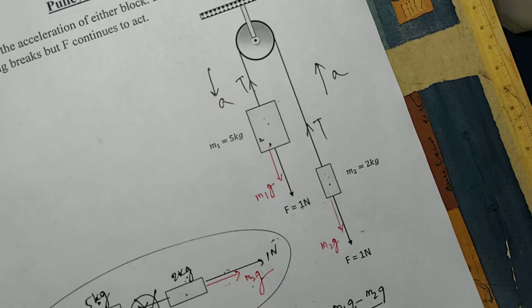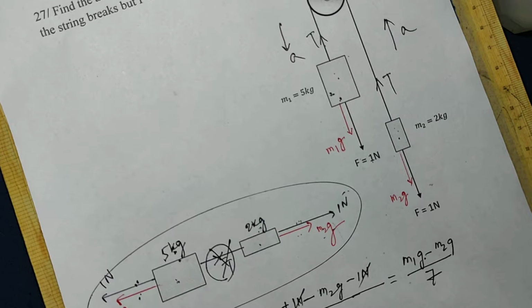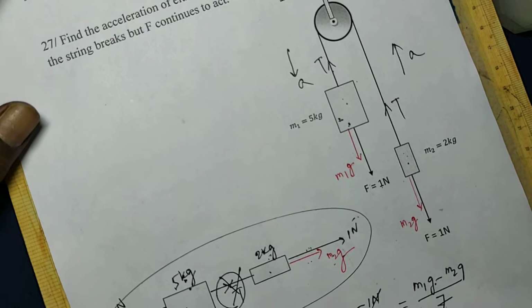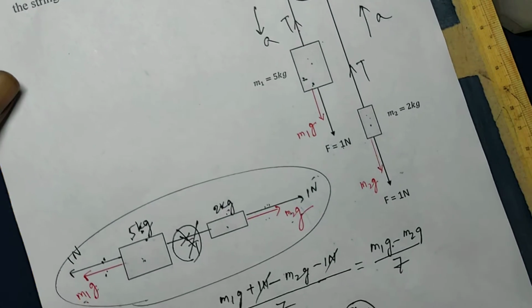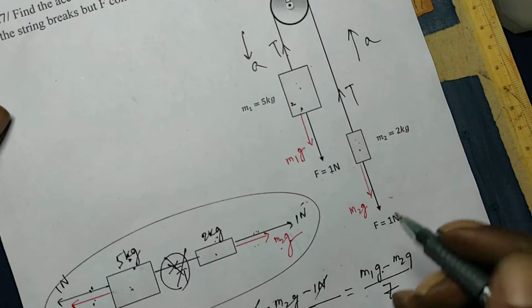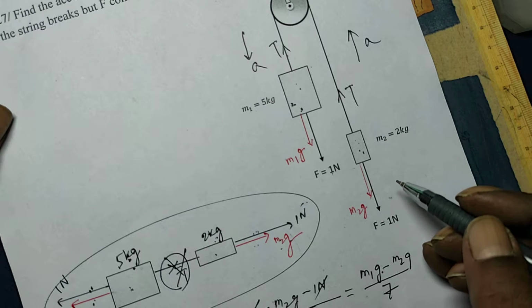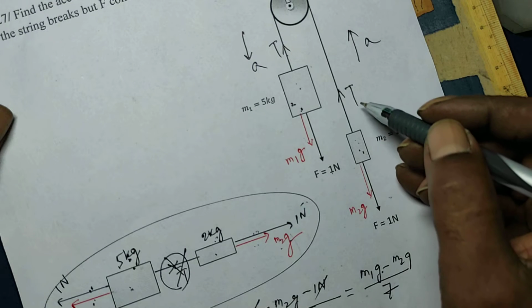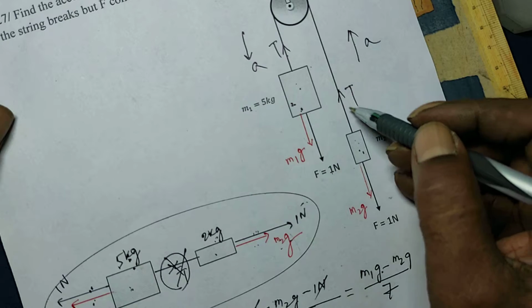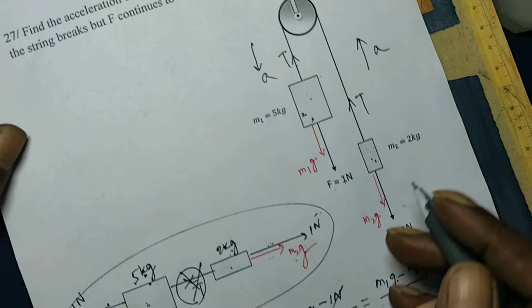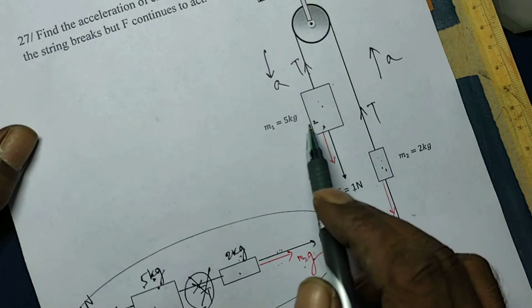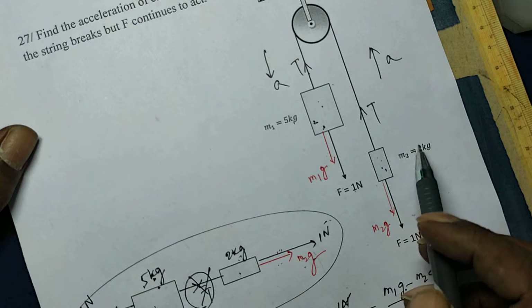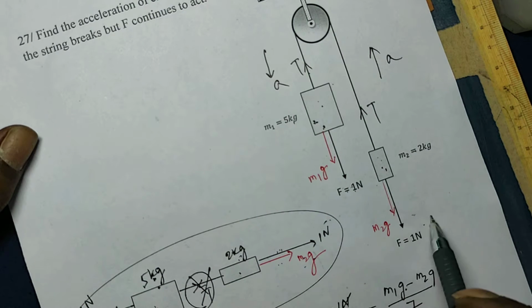If you want to write the equations, you can write the equations now and solve for acceleration also. Then what we have to do is, if you look here, the conclusion is, since this value is more than this value and both this 1 and 1 are same,